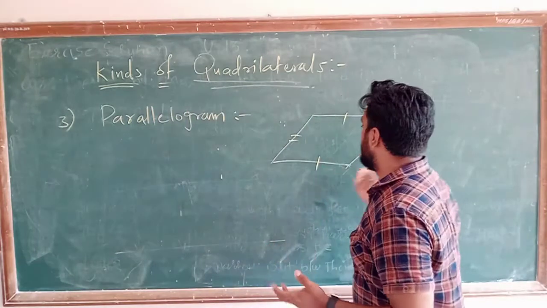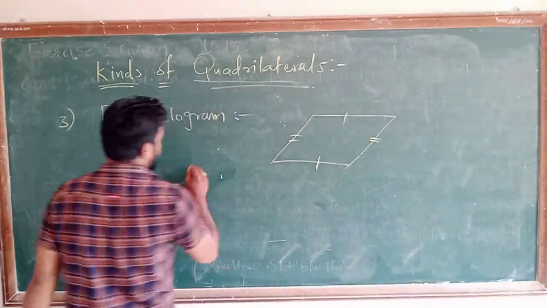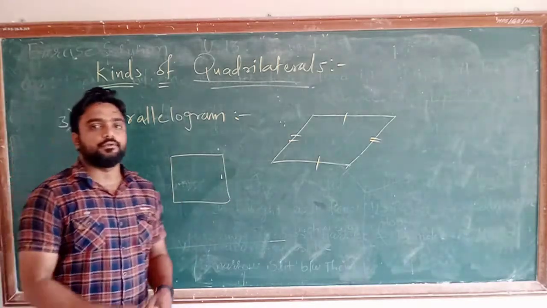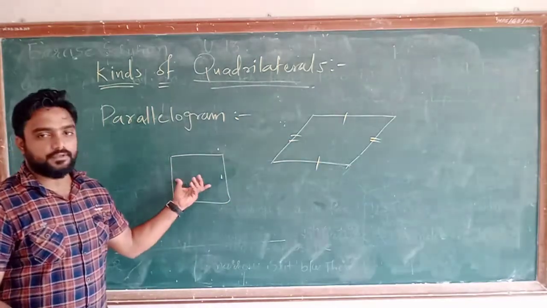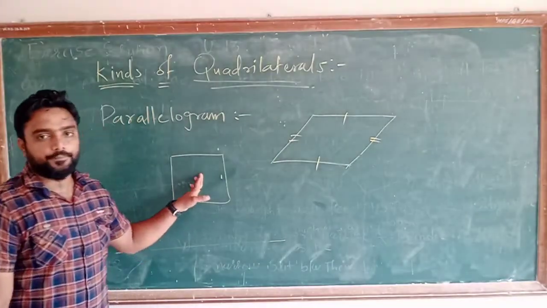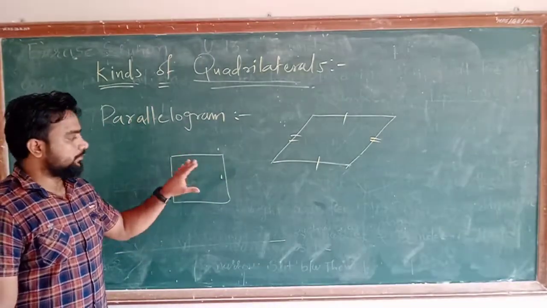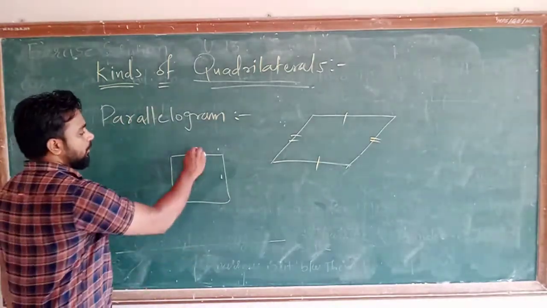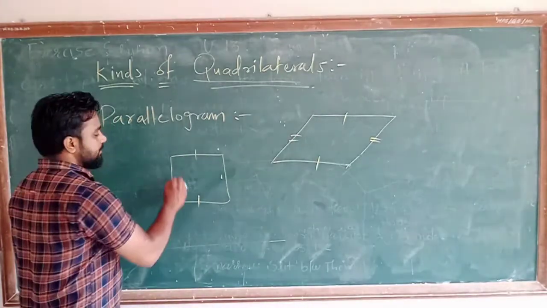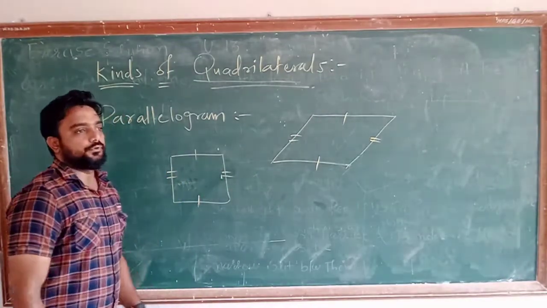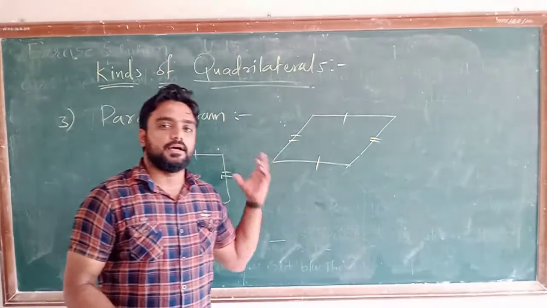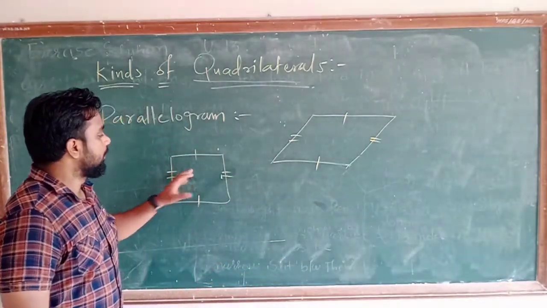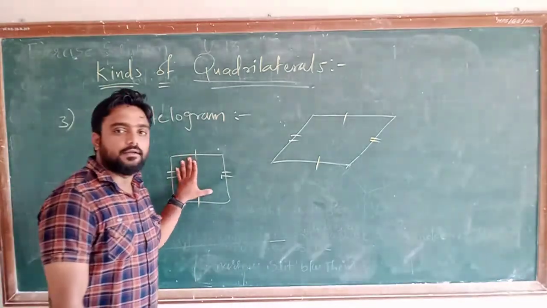Okay, if I am drawing another form of a parallelogram, I know that all of you must be familiar with this figure also. That is a figure of a square. So according to this, you can say that a square is also considered a parallelogram. Why? Because the opposite sides are parallel to each other, and these two sides are also parallel to each other. And some properties related to the parallelogram we will learn in our next topic. But just understand the figure that is called a parallelogram.